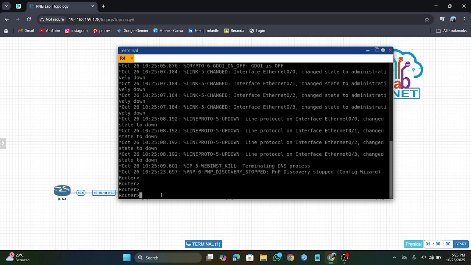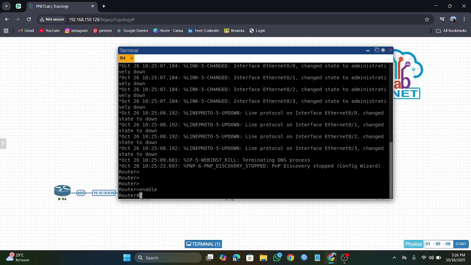Here you can type enable. This is to enter level 2, type enable here and click enter. This is the second level.